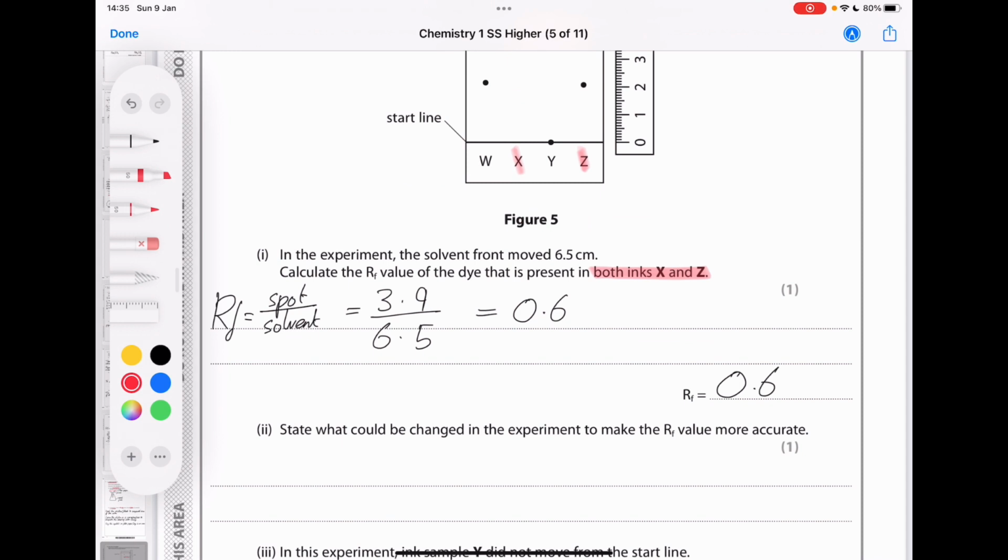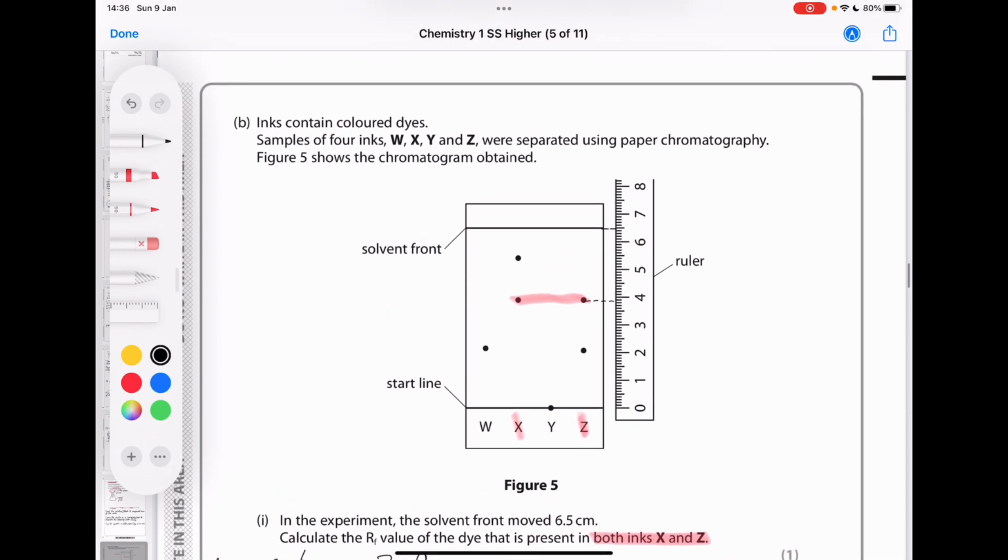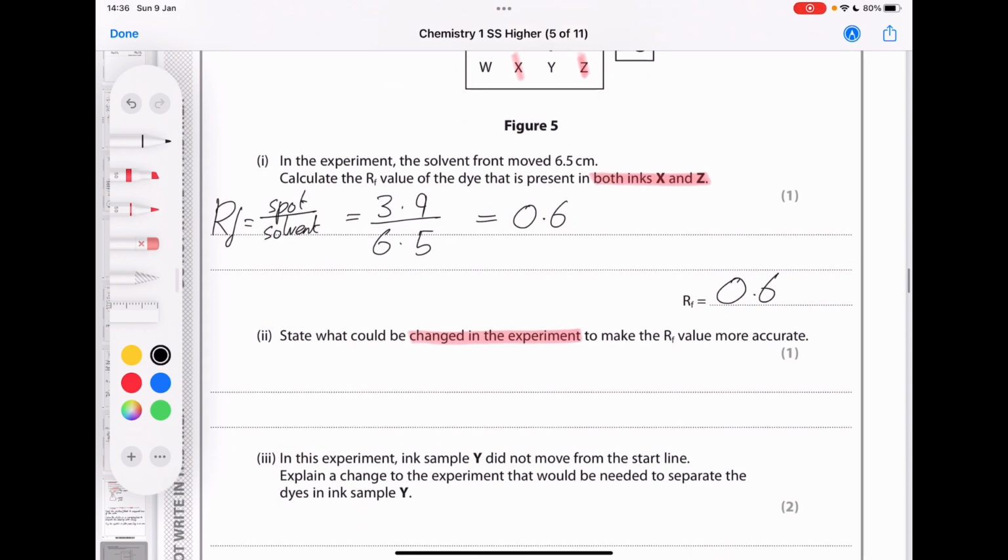For part 2, you were asked to state what could be changed in the experiment to make the RF value more accurate. This was a really quite difficult question. It's a common question but not normally asked about chromatography. If you are asked to give a change to an experiment, you have to specify an actual change to the equipment used or what they did. Just saying they should use a ruler with smaller divisions between the units would make your answer possibly more precise but not more accurate. What we should have said is either use a longer